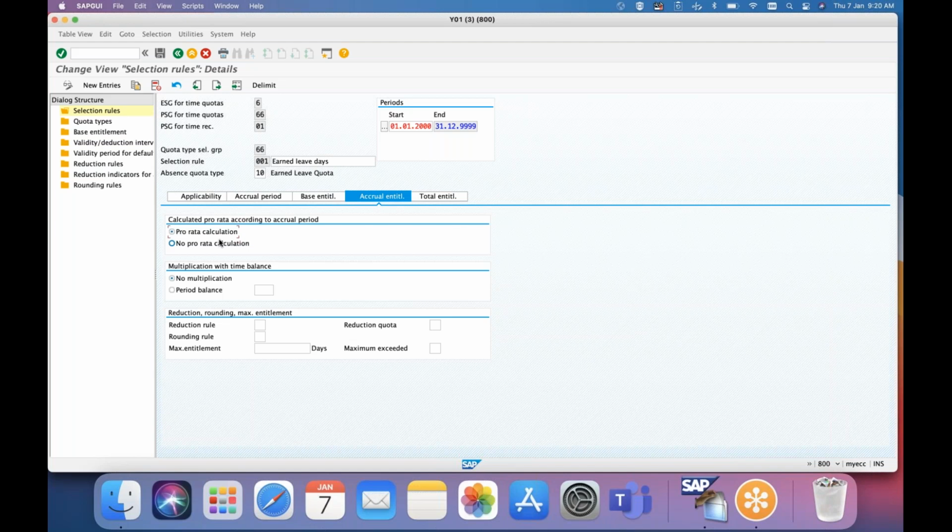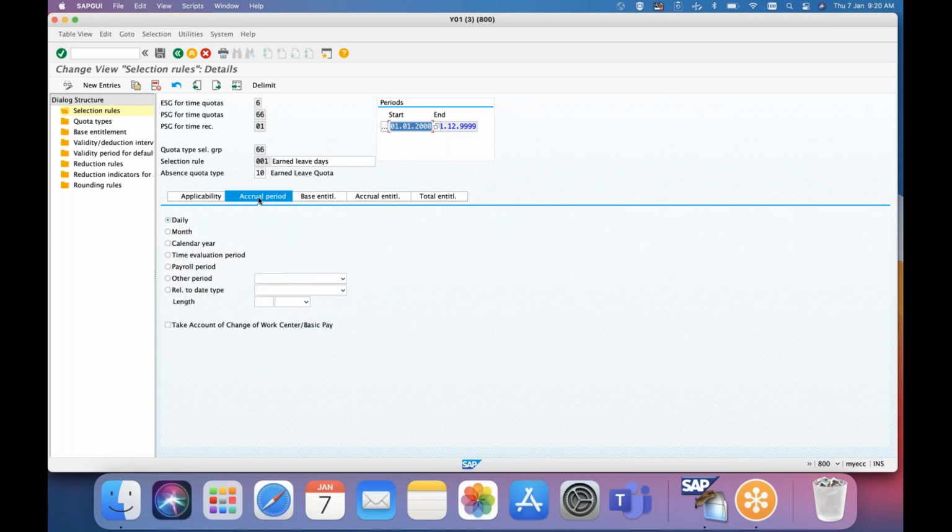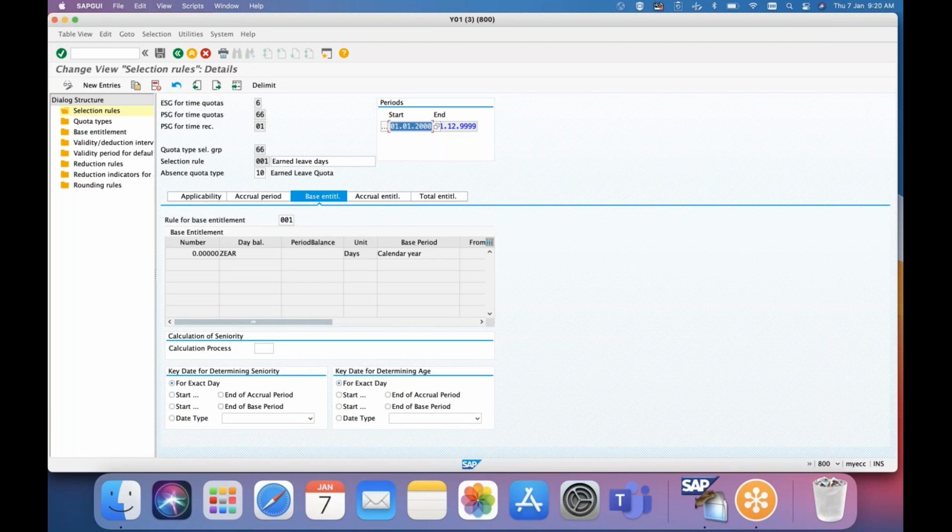We'll check all the possibilities, how many kinds of quota we can generate. Before we start with the actual things, we will discuss different places. Again here also you can see something like period balance and day balance. So that also we will see. First let us see a simple case. Generally this will be more than enough for many of the clients. We can assign a time type.